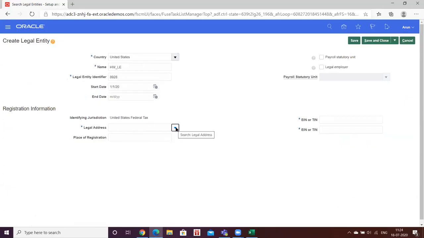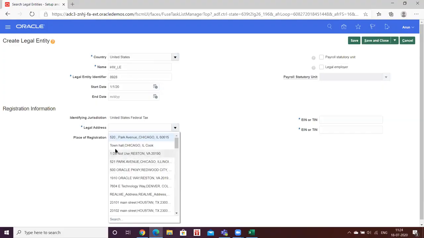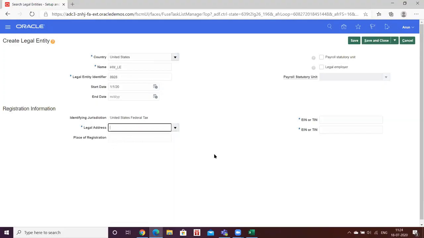So I'm creating town hall address. So I have selected payroll statutory unit and the legal employer. So the reason why I have enabled this as a legal employer is that if I wanted to use this for